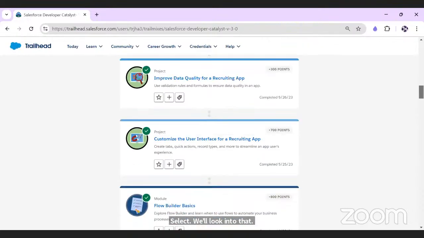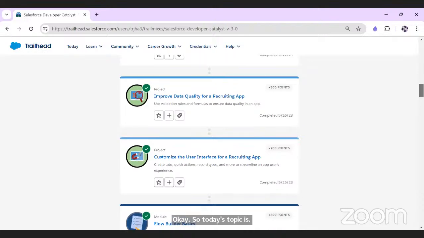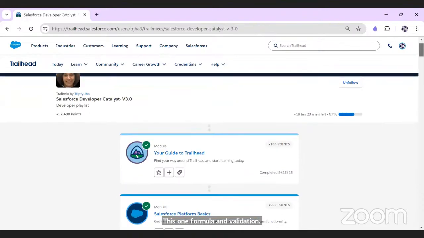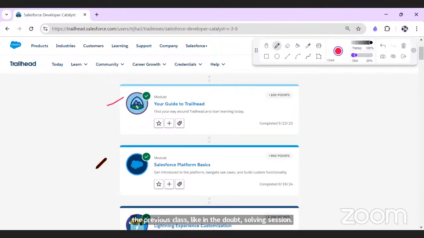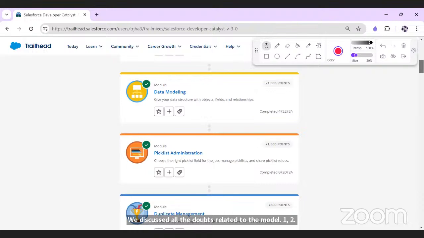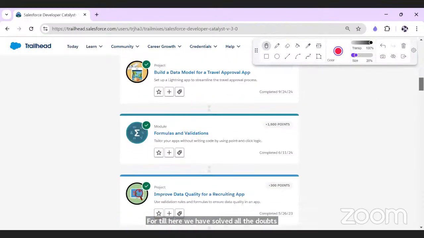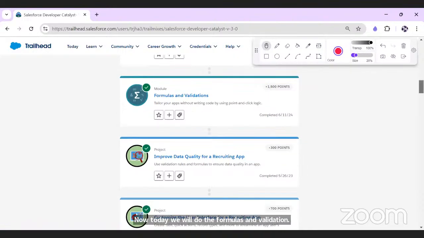Okay, so our today's topic is, wait a minute, this one, formulas and validation. We are going to start with the formulas and validation. In the previous class, in the doubt solving session, we discussed all the doubts related to modules 1, 2, and then 3, 4, 5, 6, 7, 8. Till here, we have solved all the doubts. Now, today we will do the formulas and validation, which is for 1500 points, followed by